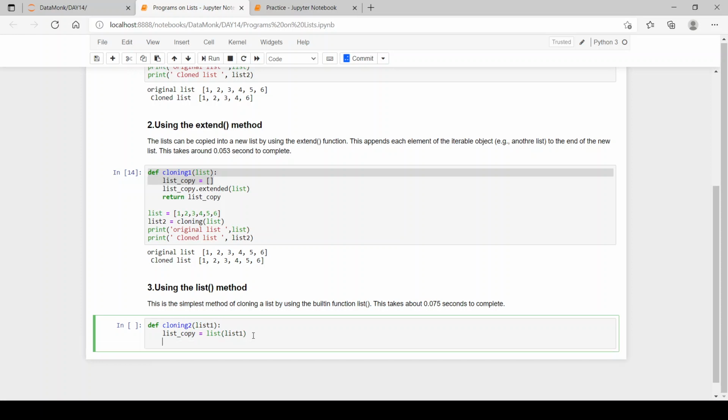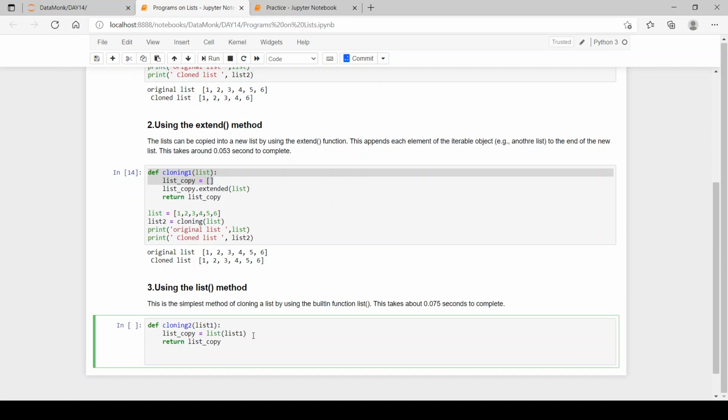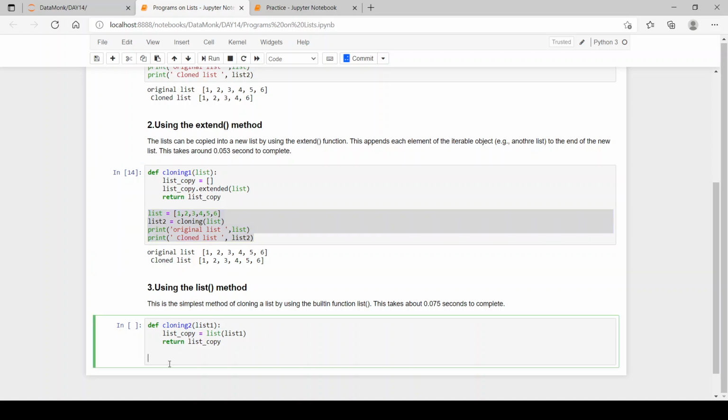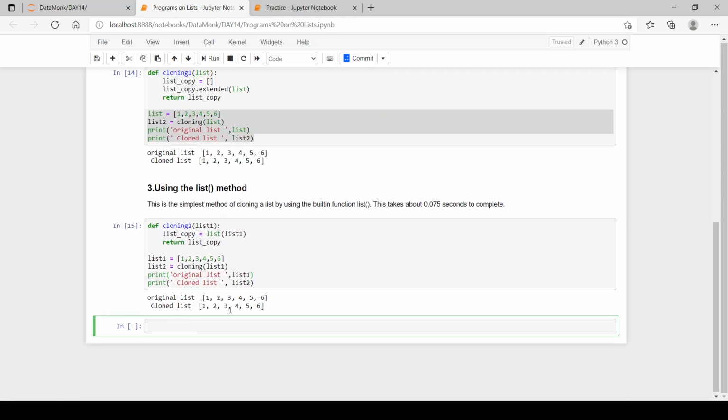It's better to know which one is the function and which one is the list we want to copy. So return list.copy. So we have copied our list. Now we will do the same thing. Just copy this code and give it here. We have list1, so we'll give list1 over here, and over here. Yes, so we have the same list. We have the original and cloned list.